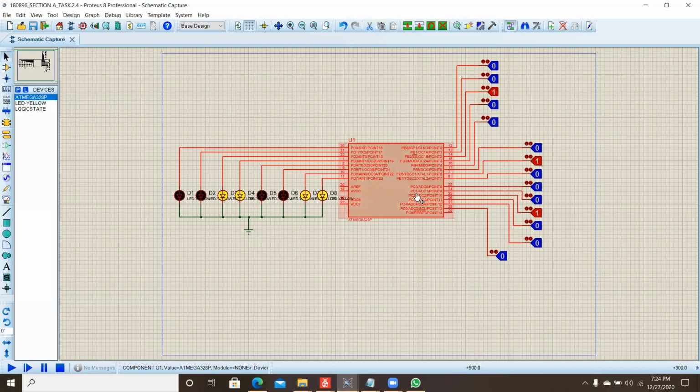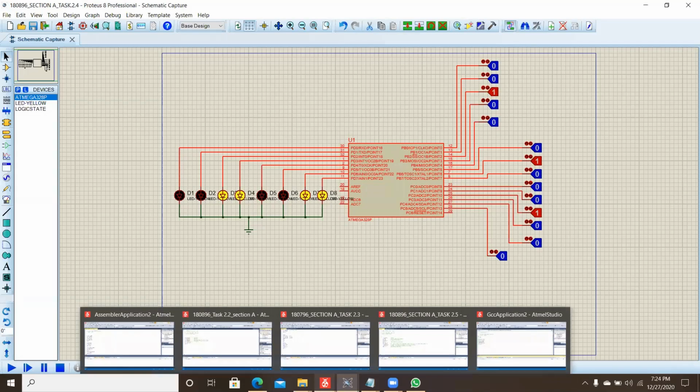for both the ports, port B and port C, then it will show the value of 1100, and if these values are not equal, then this will show 0011. I had already uploaded the code, and the results are as shown, and